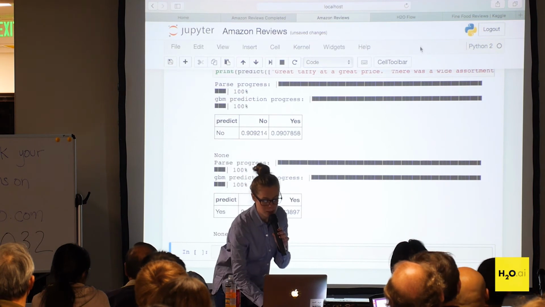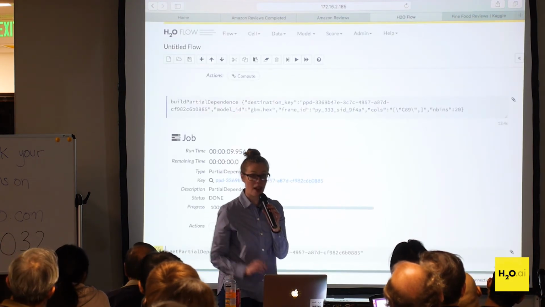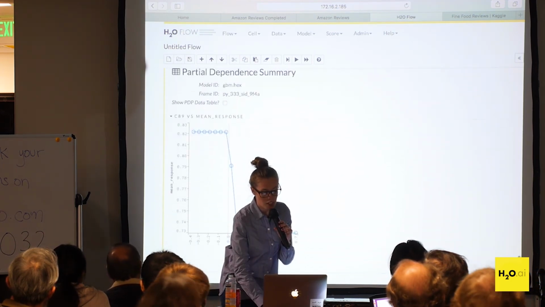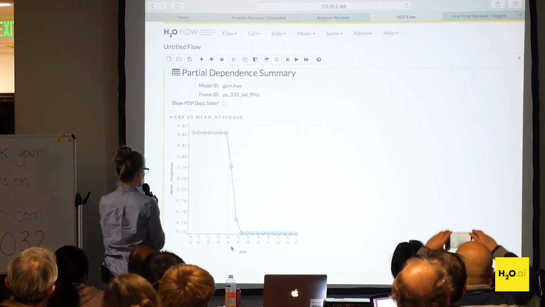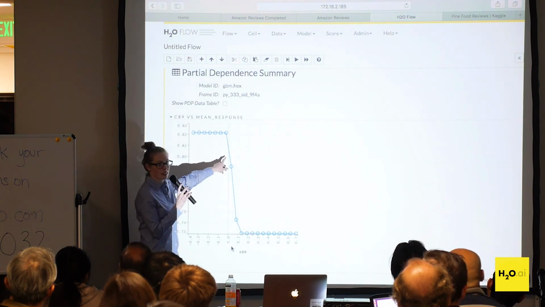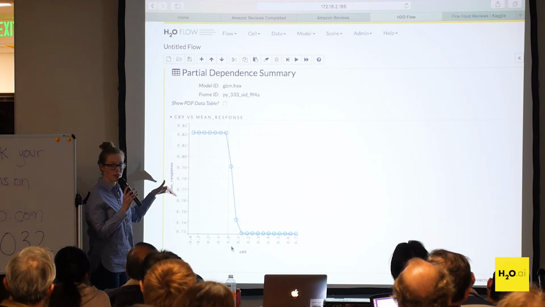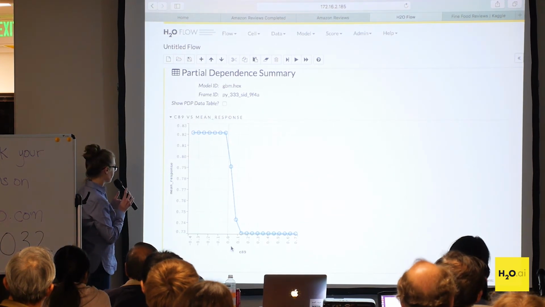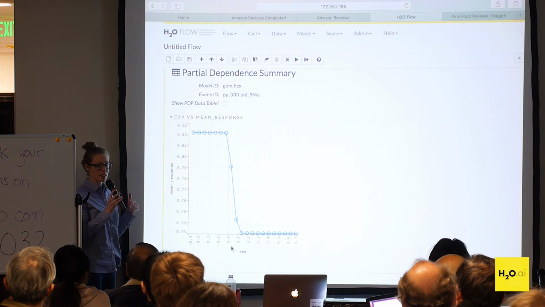In this case, let me go back to, and we finished our partial dependency plot. So I did build a partial dependency plot on that C89 feature, which was the most important feature in our model. And I want to understand how it affects the predictions. So what this is showing me is what would the prediction be if I changed everybody's C89 value to 0? What about if I change it to 0.1? What about 0.2? I'm going to take the average of all of the frames' predictions if I change the C89 value. So it looks like here, people with a low C89 value have a high likelihood of being a good